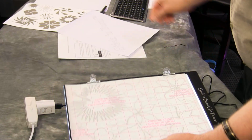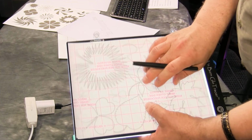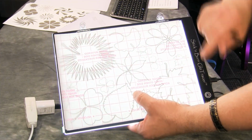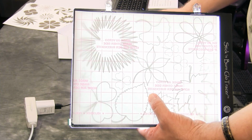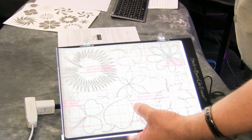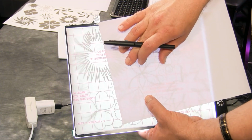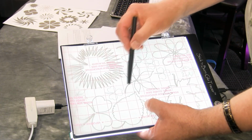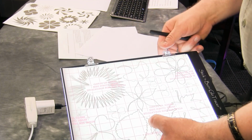And you would take your pen, pencil, felt tip pen, whatever you want. And you can see the designs are nice. And I could make this a little bit brighter. You can see the designs are really, really clear and very easy to see. And the other Stick and Burn's a little bit more opaque. Even if I put it on top, you can still see more than well enough to be able to trace your designs on there. So whichever one you use, it's up to you. And you would just trace your design, and you can then cut it out and then put it onto your